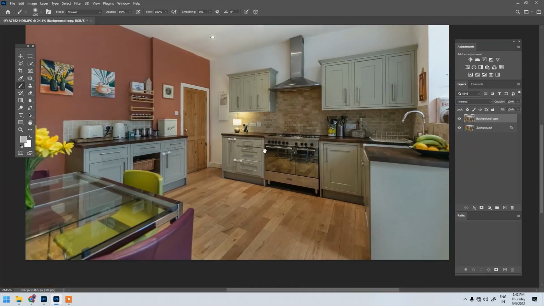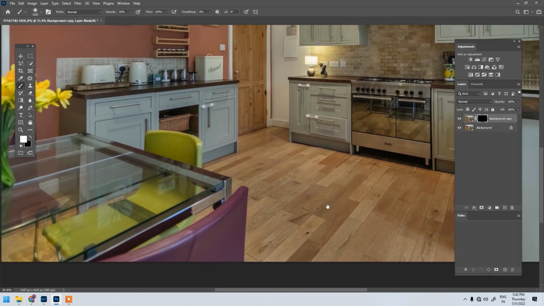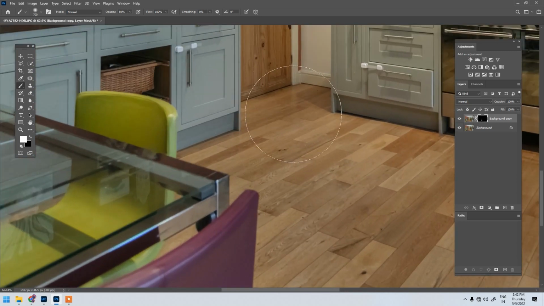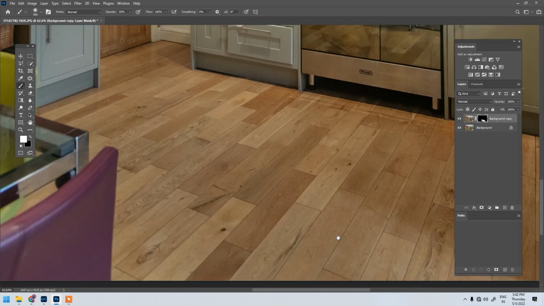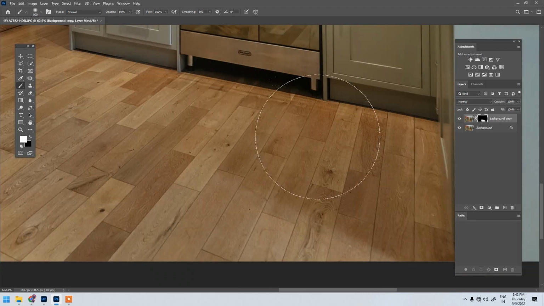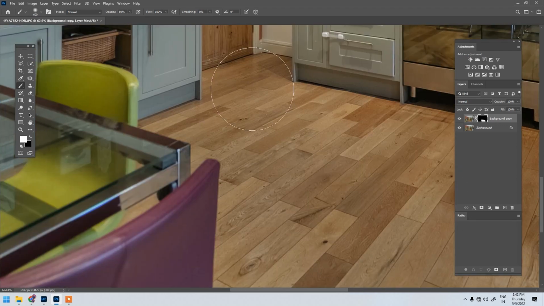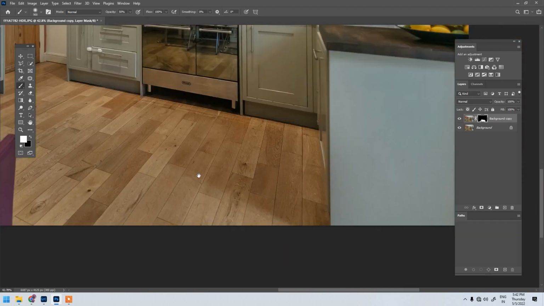It is not that I'm going to leave it as it is overall. I'm going to selectively use it on certain areas. First of all, you can apply the sharpness onto the floor, because this is a wooden floor. It has grooves in it. So if you apply the sharpness, it will give a bump kind of texture to it. So apply it,